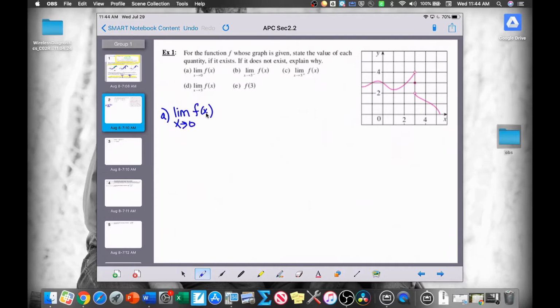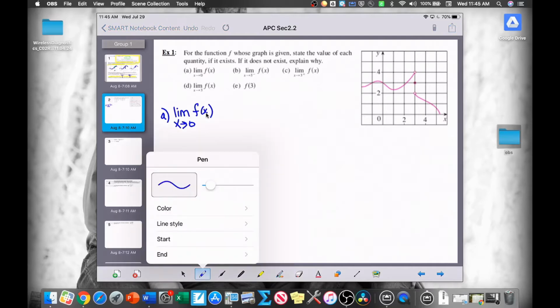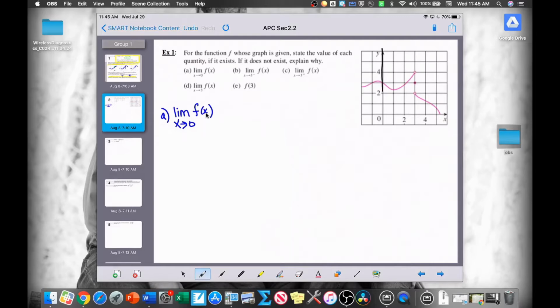Now it doesn't say from the left or the right because there's no plus or minus, so that means I have to look at x approaching 0 from both sides and make sure that they agree before I can determine what the limit is. I'm just going to darken with black my x-axis and my y-axis so that my graph is a little bit